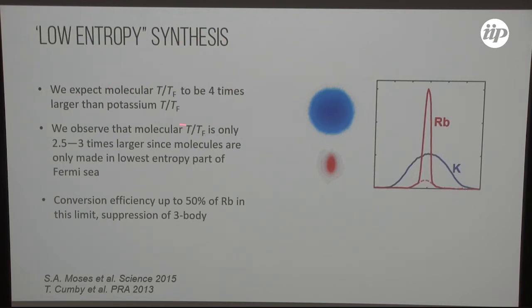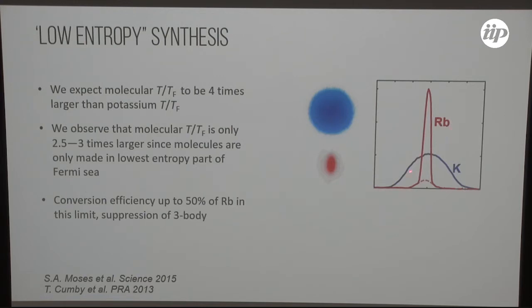the molecular component. But because the BEC is only present at the bottom of the trap, so the BEC is extremely condensed, so it's essentially localized at the trap bottom, the entropy of the potassium that is around the rubidium cloud is smaller. And so this translates in an increase of the degree of degeneracy once we make the molecules, and we typically have something of just a factor of 3 below what we expect. Just a factor of 3 above what we created initially for potassium.